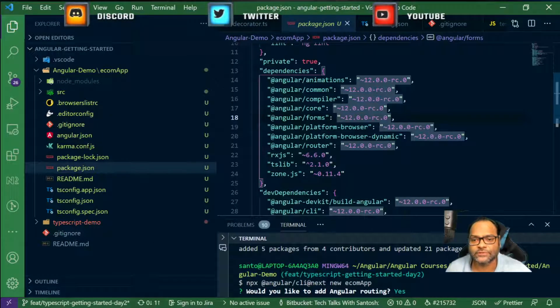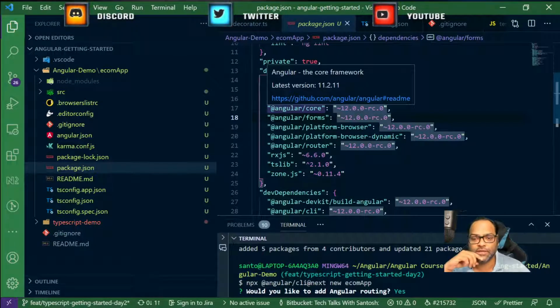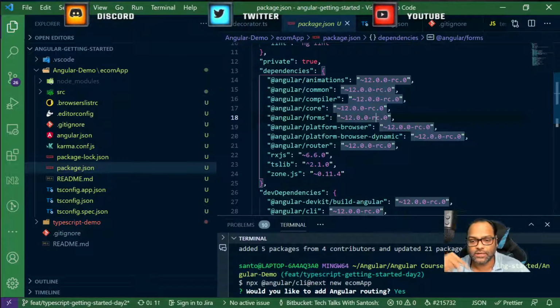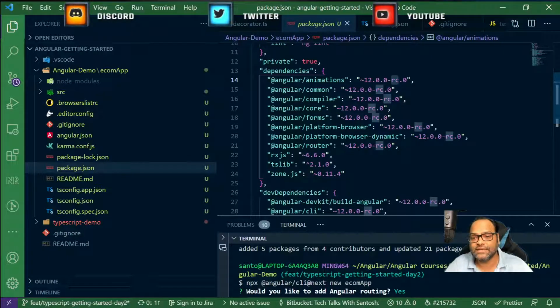So we are just a few weeks away from the Angular 12 release as per the cycle, because let me tell you, Angular releases one major version every 6 months. Angular 11 was released a few months ago, so I think next month it will be 6 months from the last release. So we are expecting a new release for Angular 12 in a few weeks. I mean, the RC is already there. If you are not aware what RC means, it means release candidate.